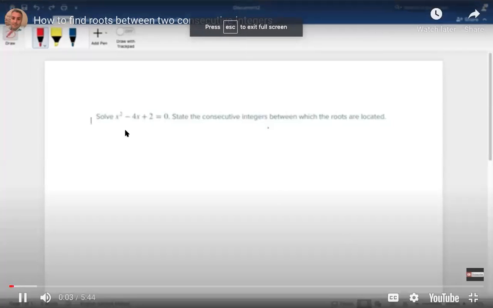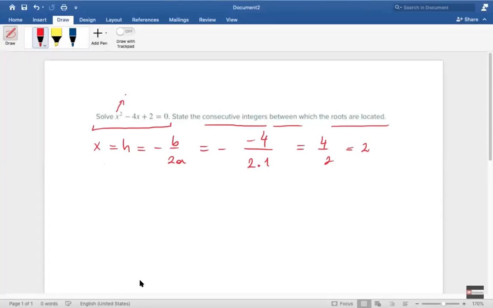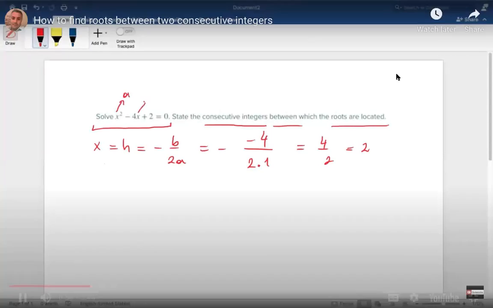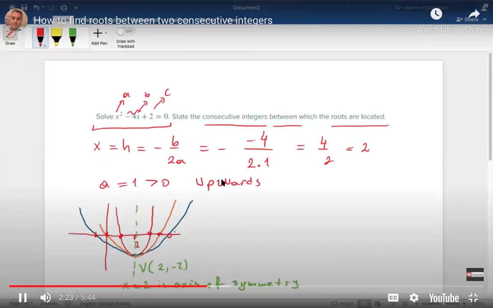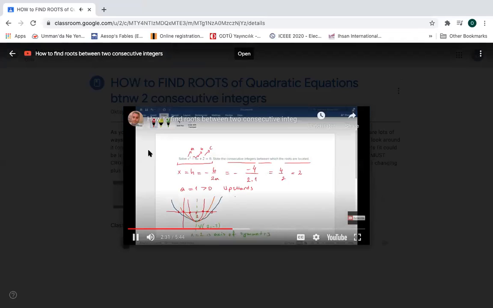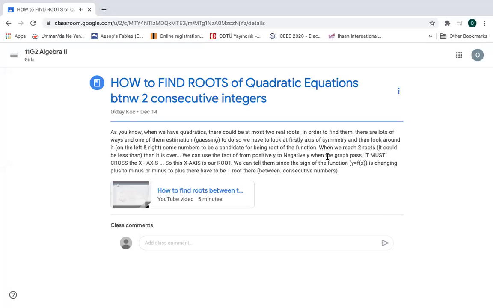This is one of the homework questions also. Another question, I didn't solve all of them. I just explained one of them here. You just watch this one again. In general, I have also explained that it's better to try the numbers near our axis of symmetry. So if you can, have a look. For the quiz also,